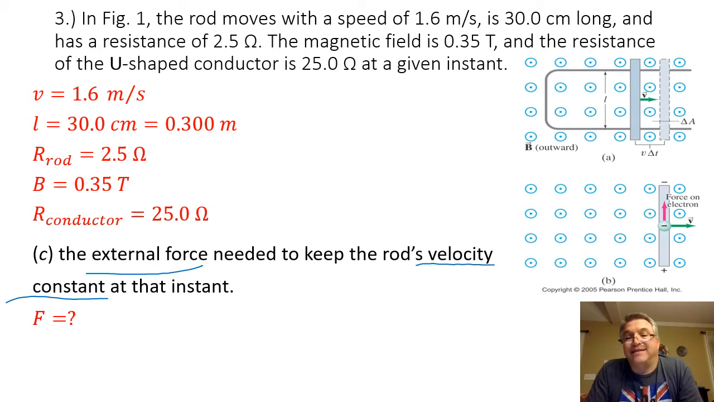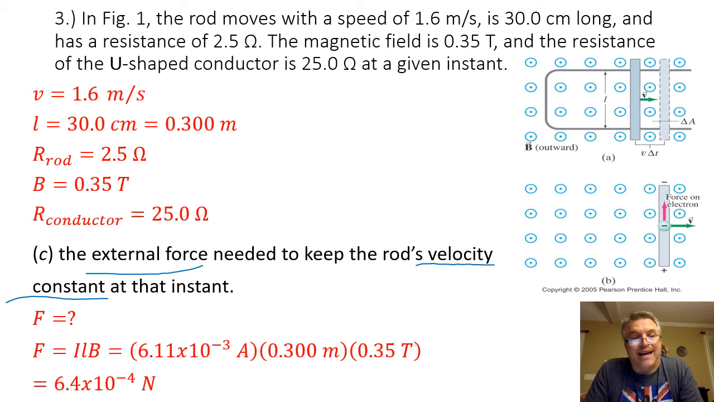Because the velocity is constant, that tells me that the forces acting on it are going to be balanced. So to find the force acting on the rod by the magnetic field, I need to use F equals ILB. I am going to substitute in my value for the current, which I calculated in part B, and the length of the rod, which is given, as well as the magnetic field. And when I do that math out, I'm going to get a force of 6.4 times 10 to the minus